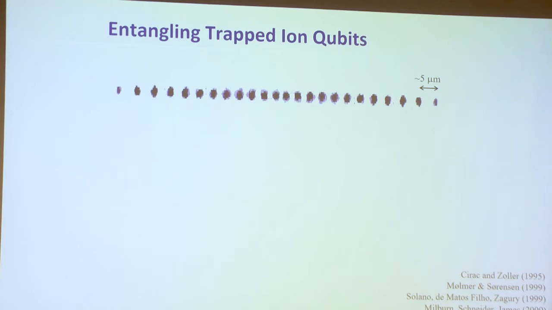This is a tightly coupled Coulomb crystal. If we tweak one of them, it's like masses connected by springs. If you tweak one of them, they all know about it. And so we're going to use that Coulomb interaction to mediate entanglement of the spin. And here's how it works. It's actually pretty simple and very visual.